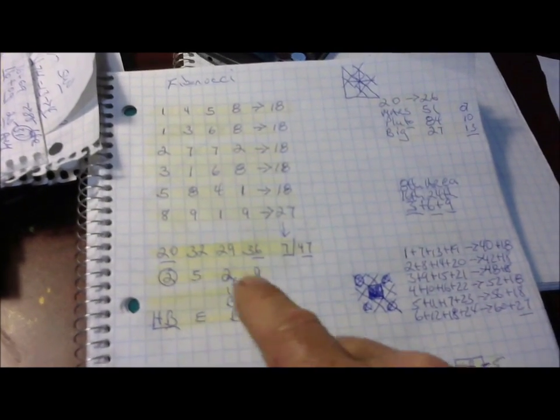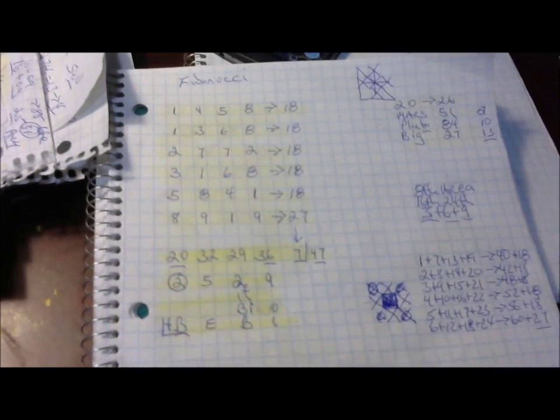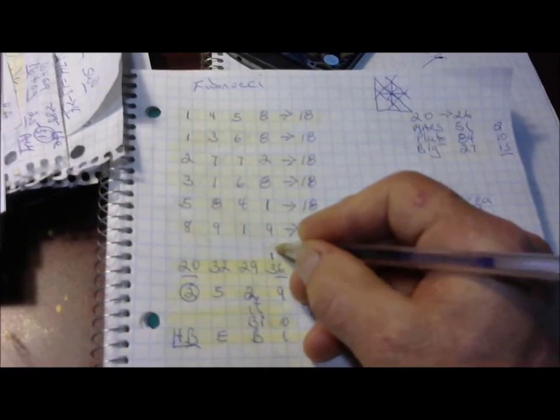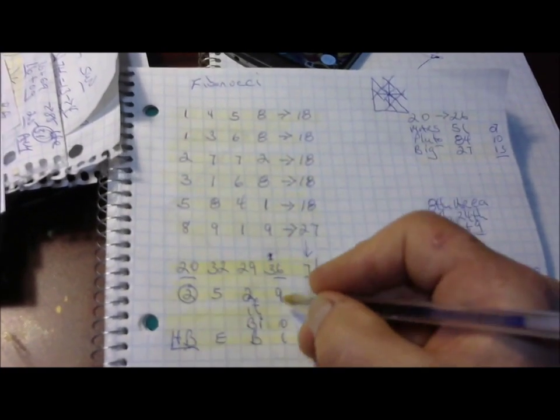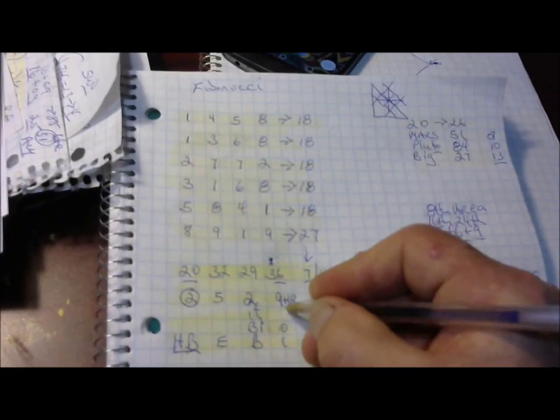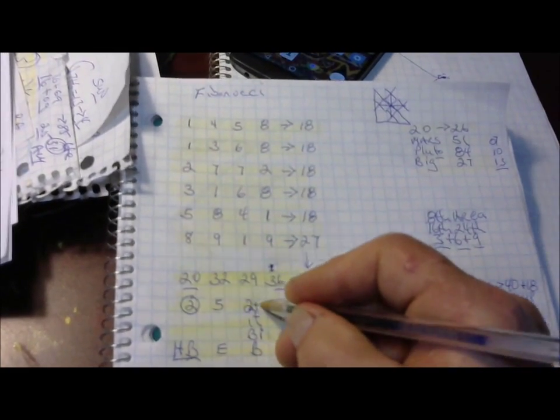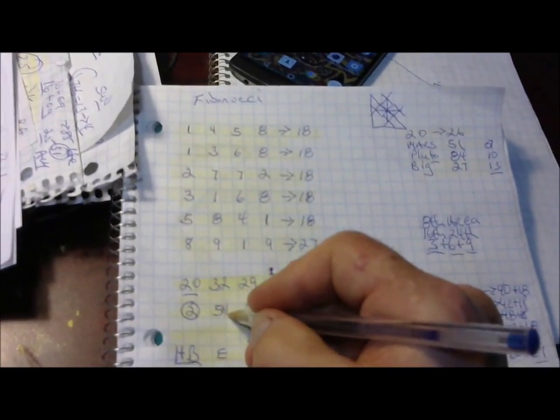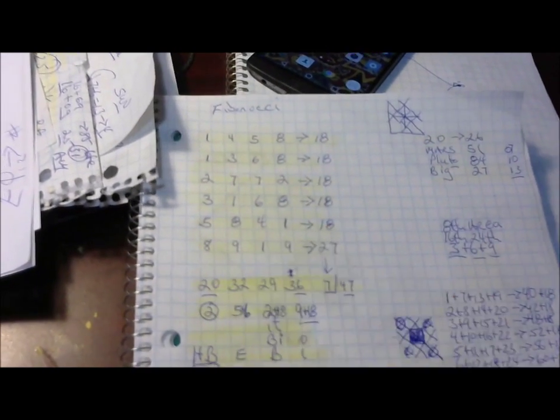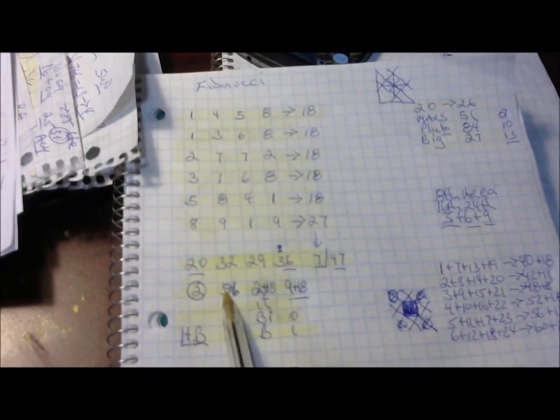So we're going to go back now, and we have 3 times 6 is now 18. I'm going to put it over here. 2 times 9 is 18. 3 times 2 is 6. And 2 times 0 is 0. So we end up with 2, 2,